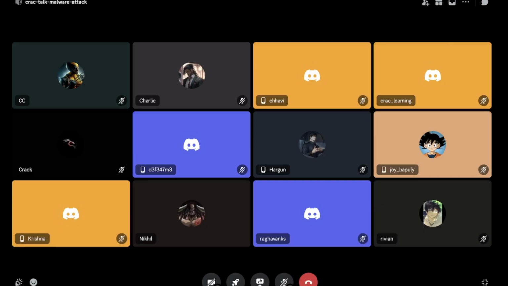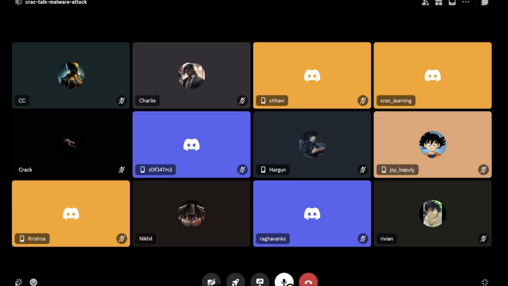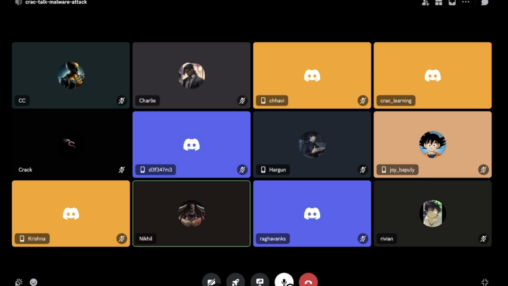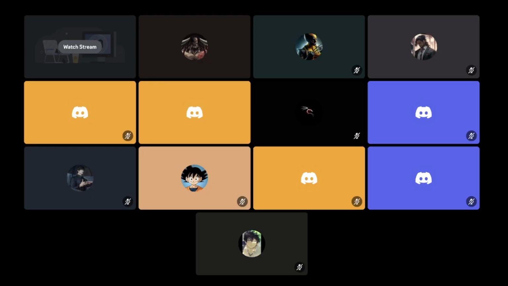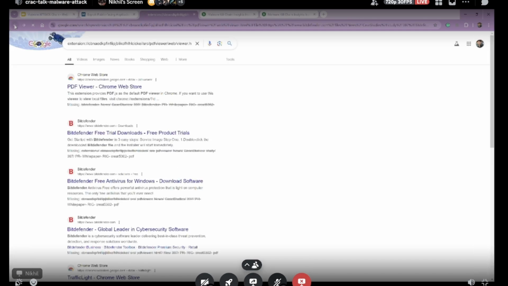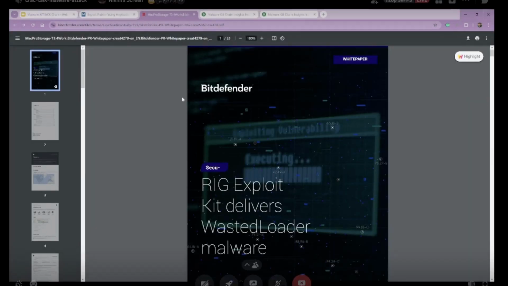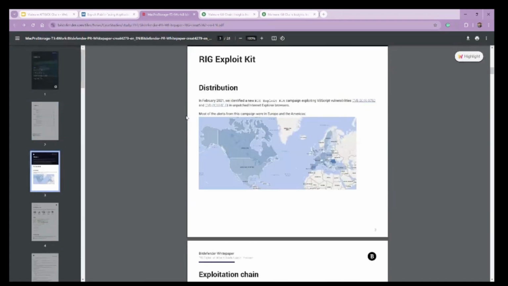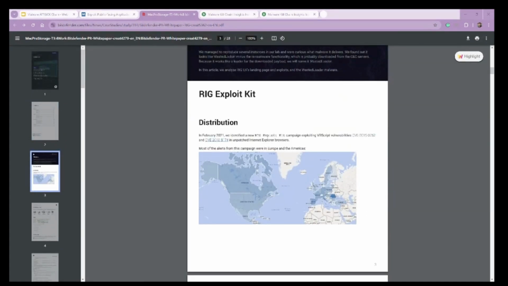Nikhil, your screen sharing stopped. Hey Nikhil, your screen sharing stopped. So you It can. okay. Give me a second. Oh, can you see it? Yeah, now it's working. Okay, awesome. Okay, I'll just go back to the original PDF. Hopefully, I don't have to find too much. Okay, so